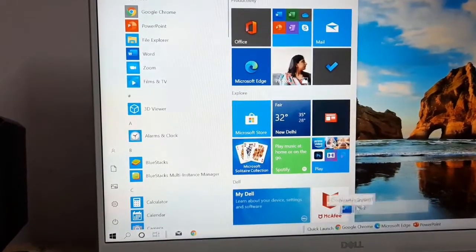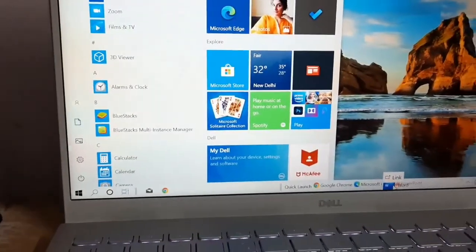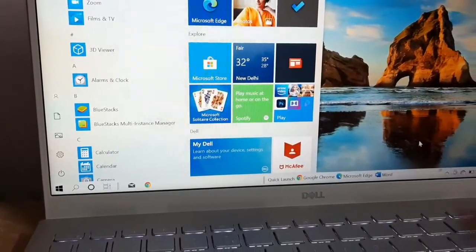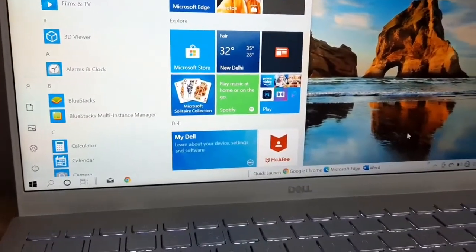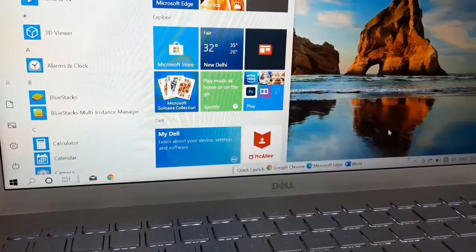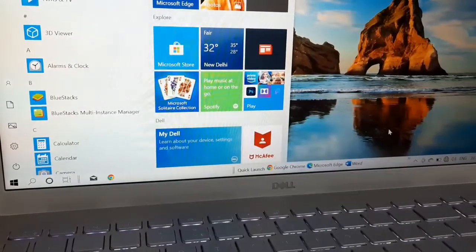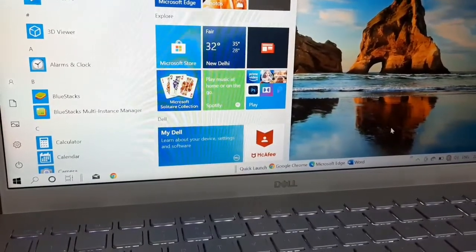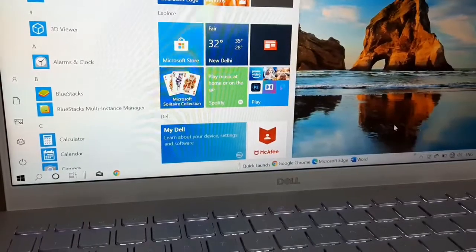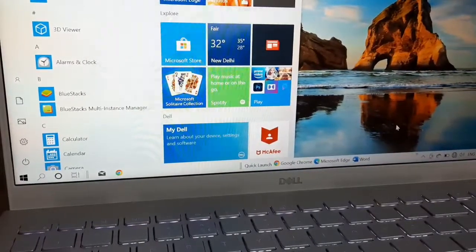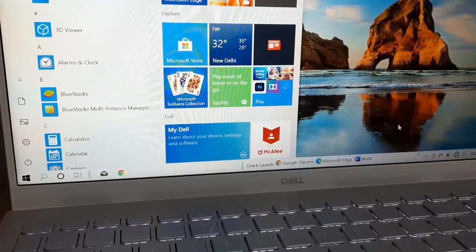Let me just show you like this. You can see Word is here now. Right? So this is how you can add any icon to your quick launch bar just by dragging it.